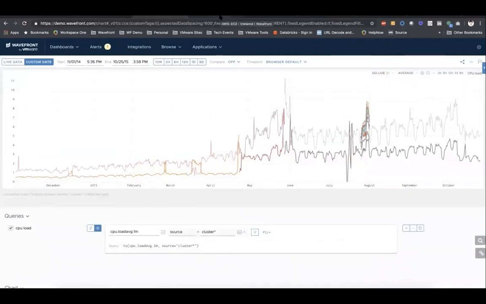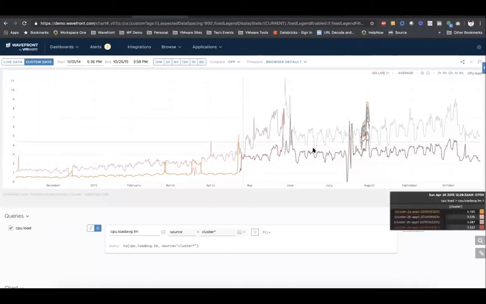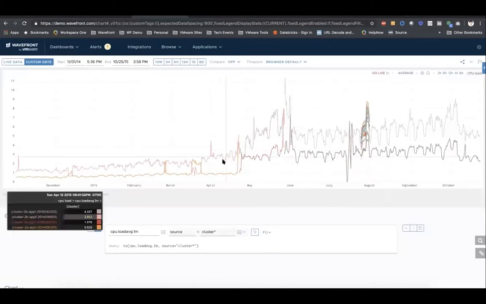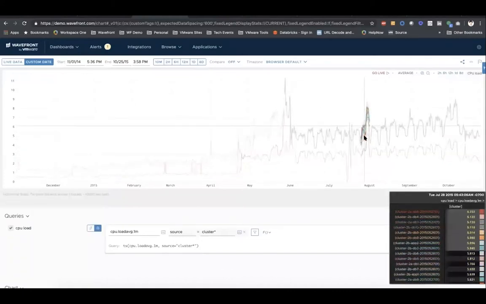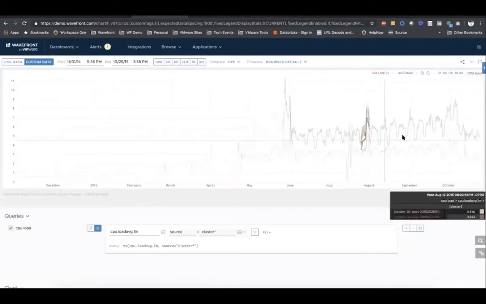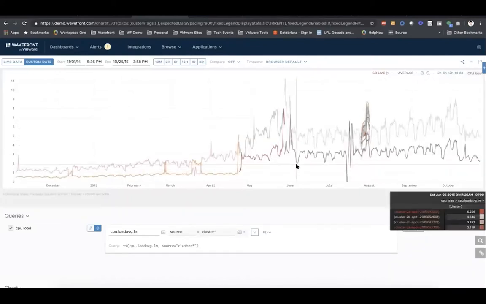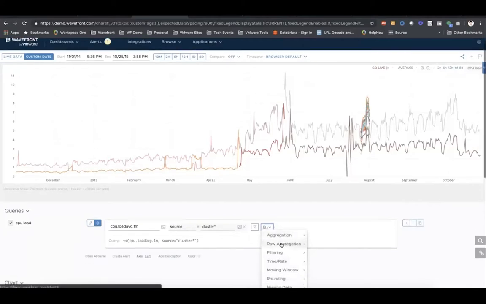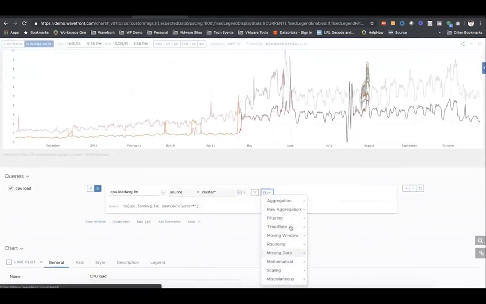Another example is our performance. This is a chart that visualizes the year-long utilization of the CPU across all your clusters. You see a lot of lines with different colors. Many of the CPUs are here, and some of them are just sparse. But this yearly view actually has close to 1 million points across the full year. Wavefront was able to query this and display it in a matter of seconds, without any resolution loss or downsampling. We have a lot of the analytical functions that I mentioned, that you can perform